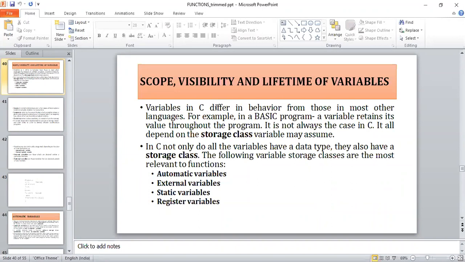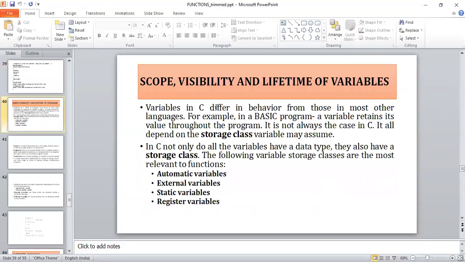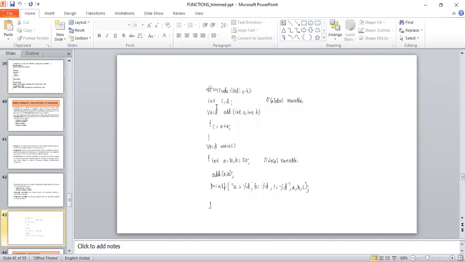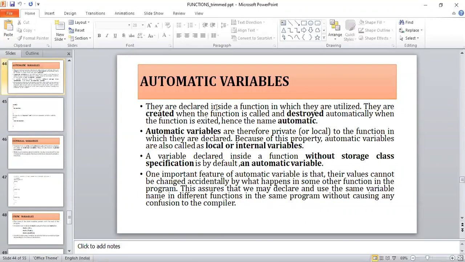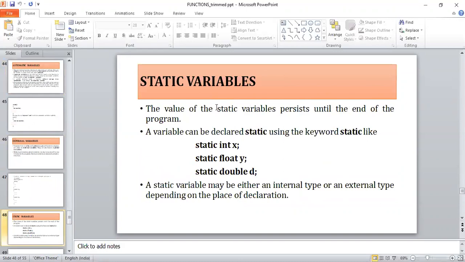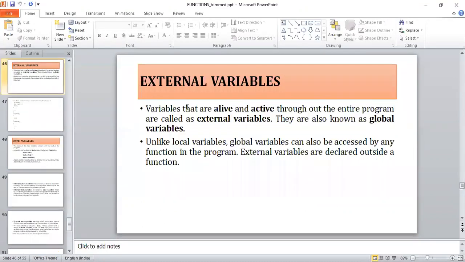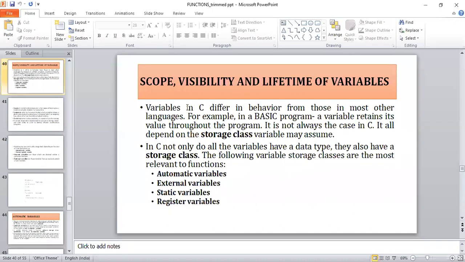In the next session, we will cover the types of variables: automatic variables, external variables, static variables, and finally register variables. We will also see the meaning of scope, visibility, and lifetime of a variable.